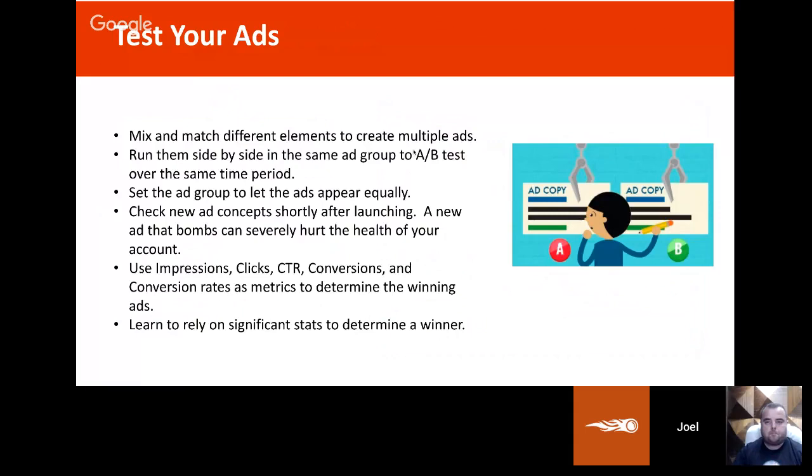Now about testing ads, the way to do it is simple. There's no tools needed. Google itself lets you create multiple ads in the same ad group to run side by side, mix and match different elements in the ad, and create multiple ads. Let's say, before you create your ads, maybe come up with 3 different headlines and 3 different call to actions and 1 or 2 different descriptions. Mix and match them, and you're going to have several ads that you can run side by side